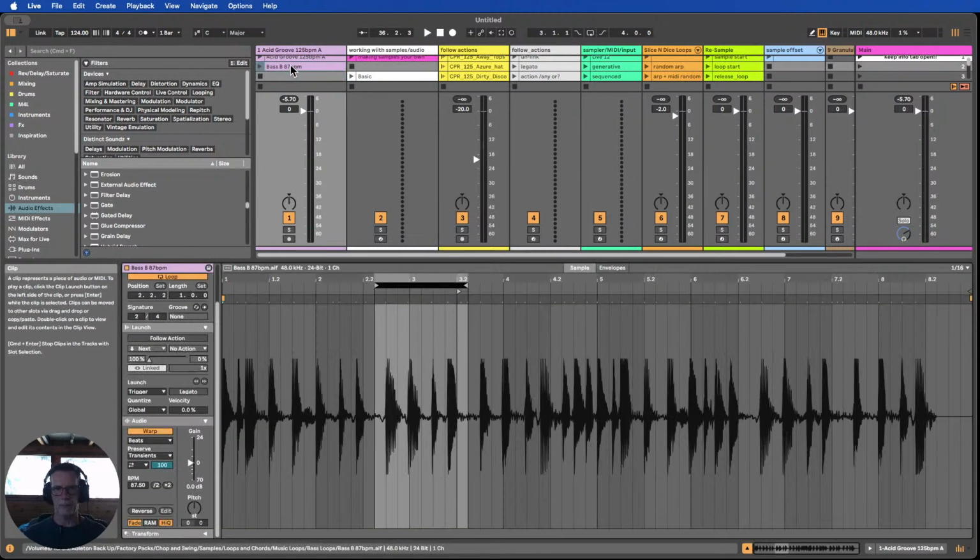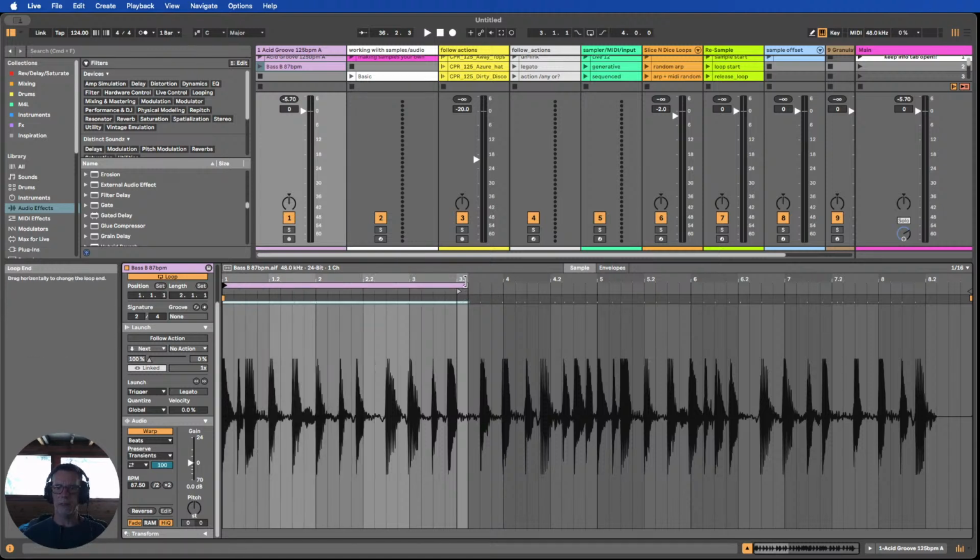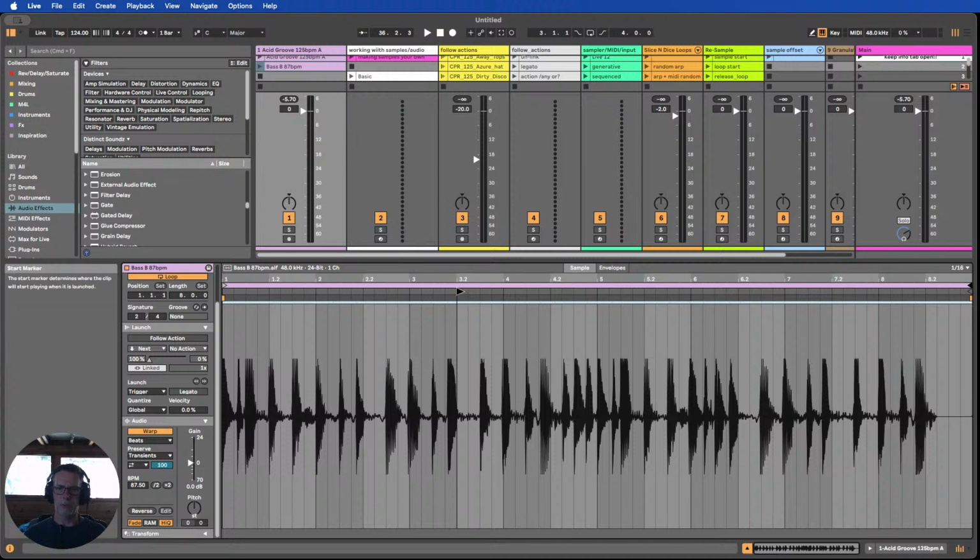But let's come back to the first one. So I could loop it up somewhere different. That should be fairly clear. But what's another thing that's rather interesting that people overlook? So first of all, we can look into here and try and find something from it that isn't currently there. Then we can actually move our start point here. Okay, so where is the loop going to trigger from? And we can say we move it somewhere else within this loop. So it's not going to play back from the same point that it's currently playing back from. That's going to give us all sorts of possibilities, because look how many notes we have here where we could